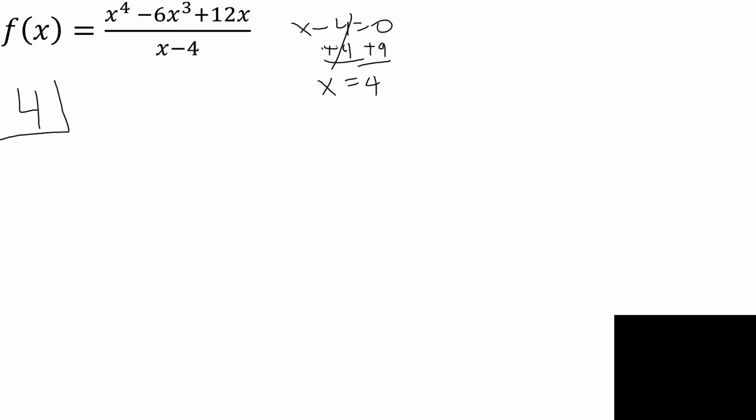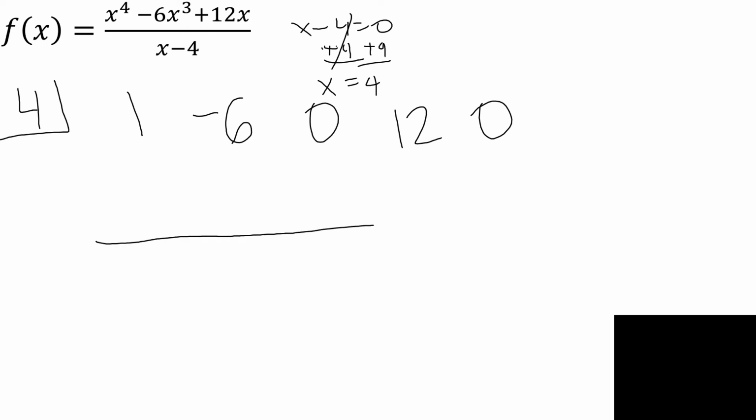Okay? And then we're going to write all of our coefficients. So we've got 1x to the 4th minus 6x to the 3rd plus 0x squared plus 12x plus 0. We need to put in zeros for things that we don't have and for constant terms that aren't there. And when we set this up,